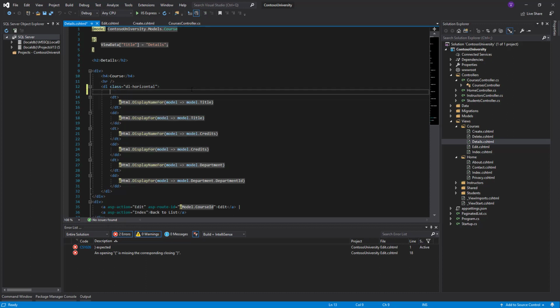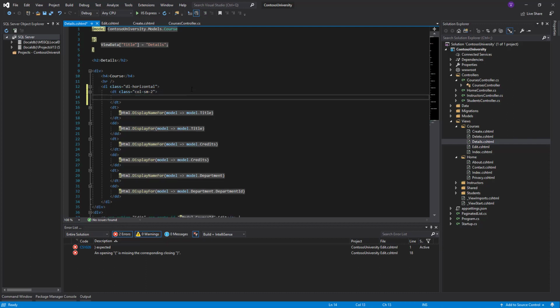So here we write DT, and the DT would be class column SM2, great class, and we're going to add like this